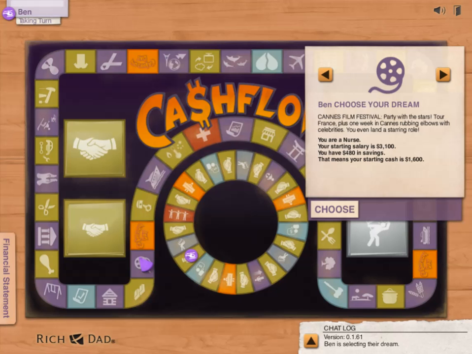Hey there guys, I wanted to show you this cool game. It's Cashflow 101. You might have heard of it before if you've heard anything about Robert Kiyosaki. So this is the board game which he created, and you can buy a proper board game that you can play, or you can play the online game. The online game is actually free. You just need to go to the website